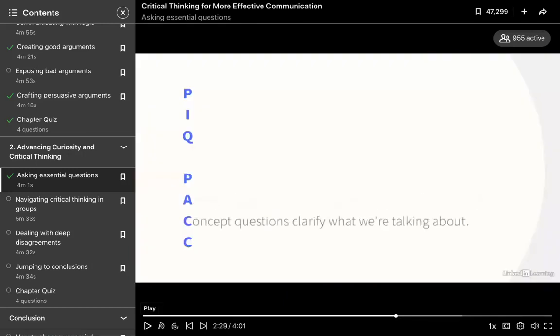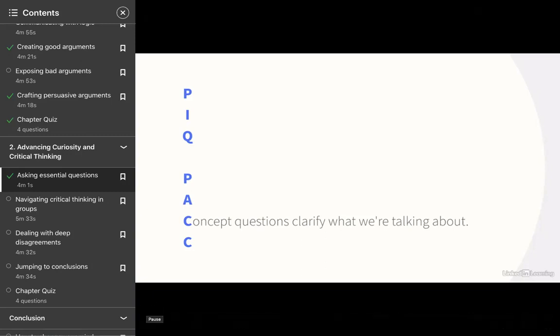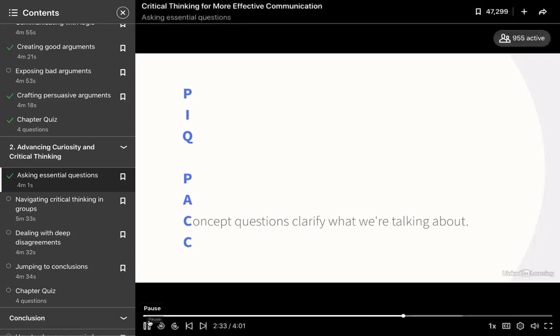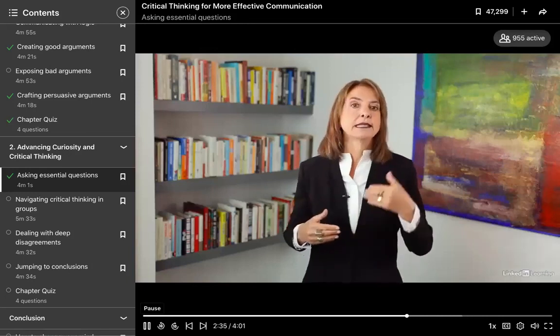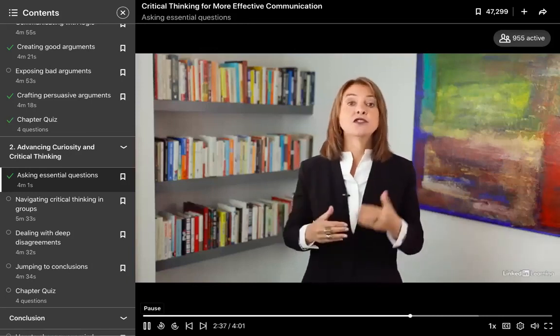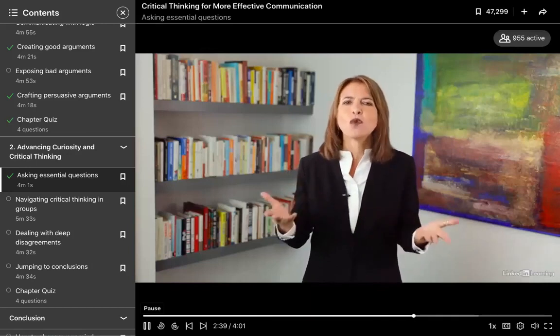So it's very important, we talked about the strategizing, right? It is very important to evaluate your own claims and see what kind of premises you might have, those cracks on. Concept questions clarify what you're all talking about. Think about concepts like success or equality, diversity, innovation, and even growth.